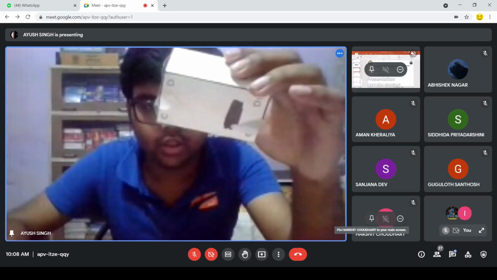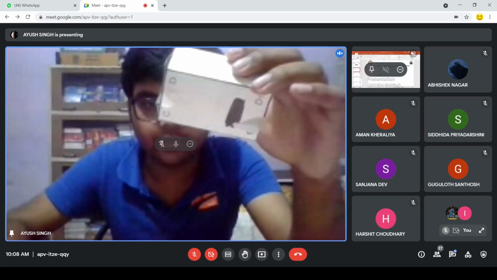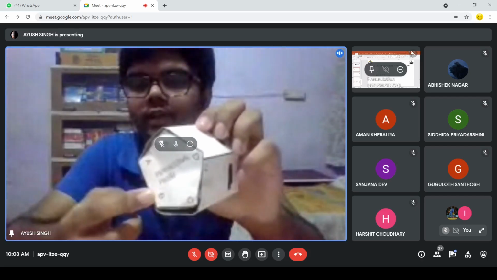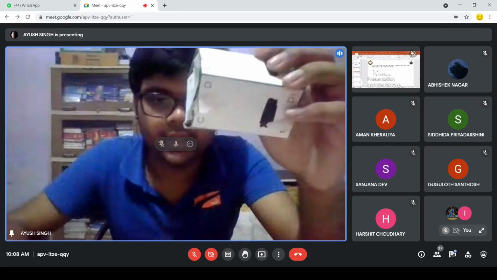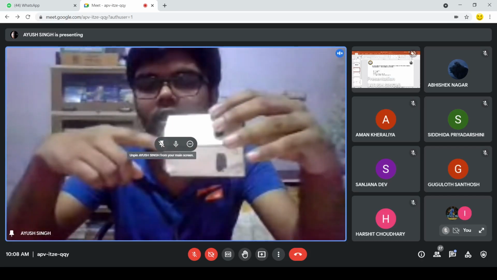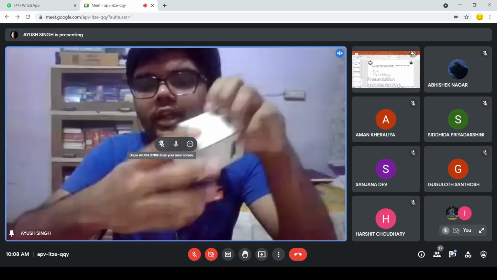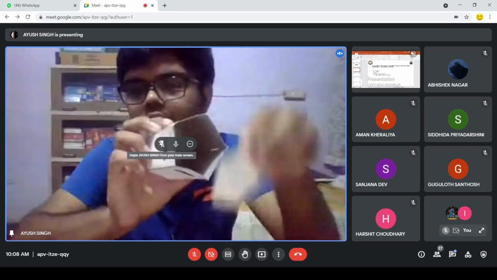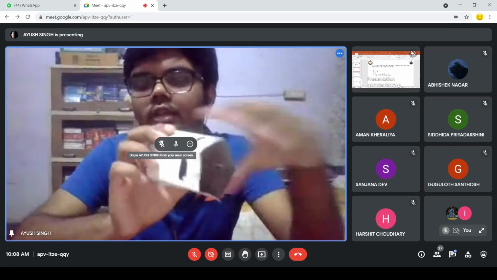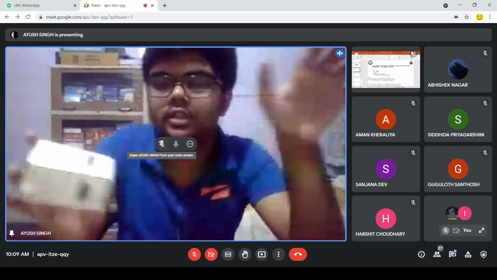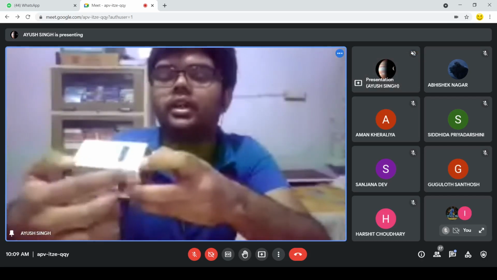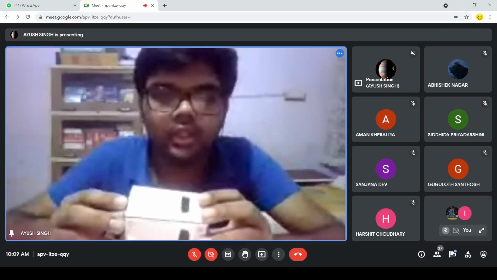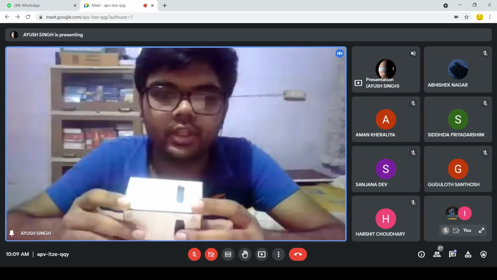So this is the pentagonal prism, and it is given that we have to draw its projection, and its base is 25 mm side, just like the previous case. Its axis is 50 mm long. So what is the axis here? The distance from one face of the pentagon to the other face of the pentagon. This distance is 50 mm.